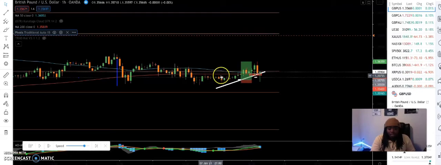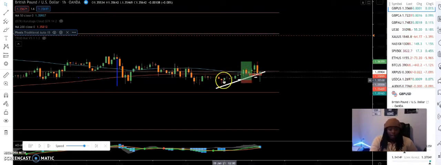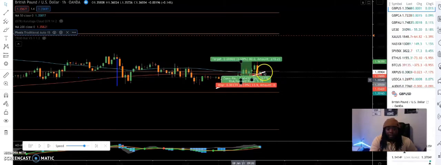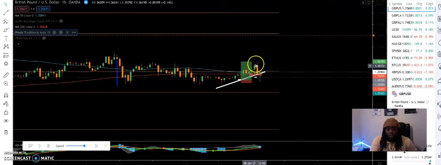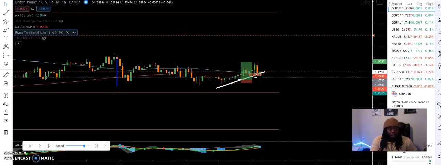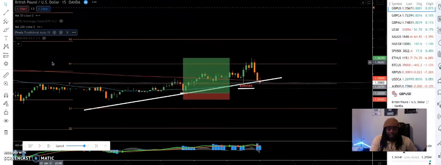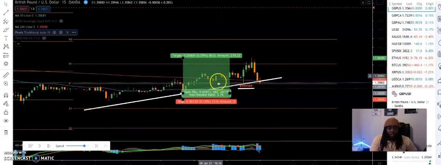But you just gotta be patient, man. 80 pips, that's a lot, especially if you're using a good lot size, and you'll be good to go. And if you were stacking it the right way, most definitely you will be in a position to make some really good money. A lot of people would have probably got out. We went to 15. A lot of people probably would have got out here